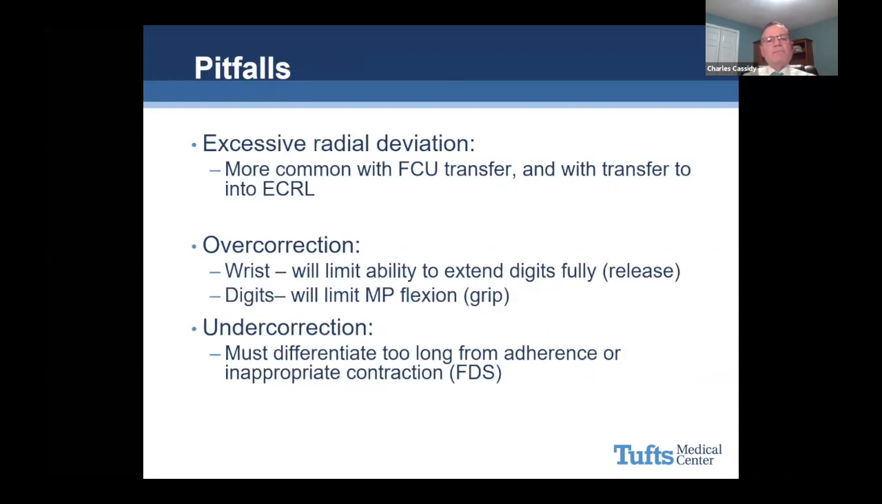The pitfalls: excessive radial deviation, and that was more common with the FCU transfer. So you're removing a strong ulnar deviator and flexor, or if you transfer it into the ECRL, that will pull the wrist into radial deviation. Overcorrection will limit the ability to extend the digits because you need to have tenodesis, right, for release. Or if you overcorrect the digits, it'll limit your MP flexion. So you'll lack some composite flexion. If you undercorrect, it's important to differentiate too long from adherence or inappropriate contraction. So